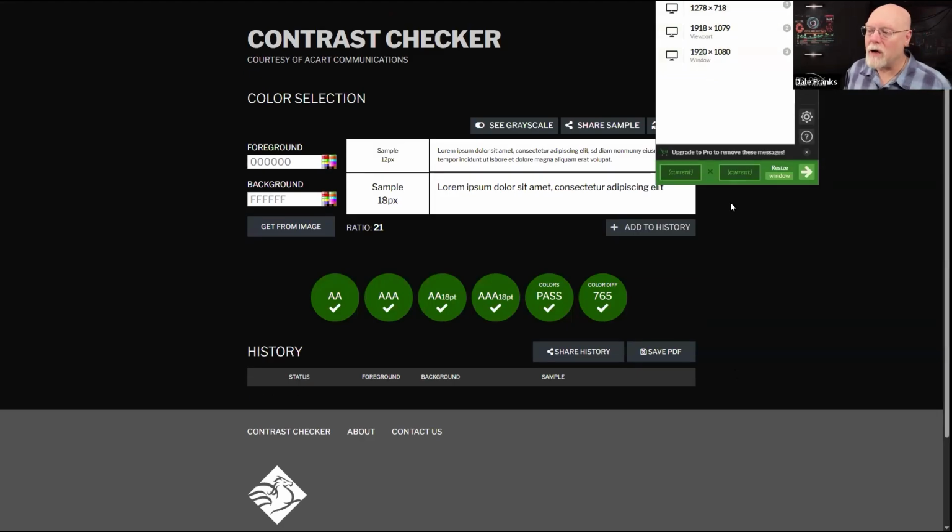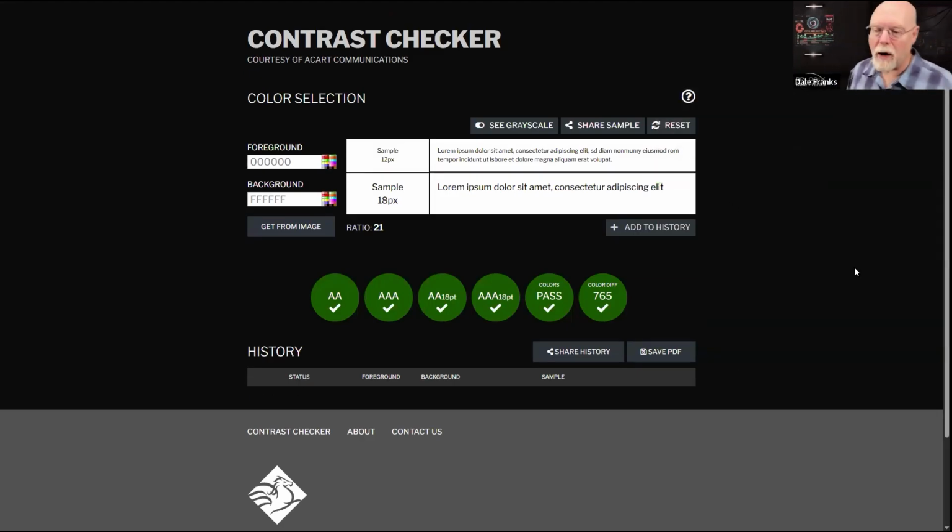Now, this is a super contrast checker. It is the one that I use all the time whenever I'm trying to figure out colors and make them work. So let's take, for example, our steel blue color, which has the HTML hexadecimal color of 528BBC. Yes, you are going to need to know what the hexadecimal colors are for this to work.